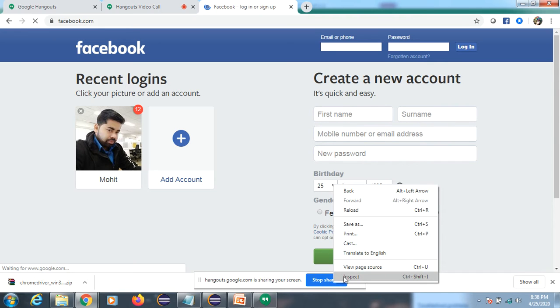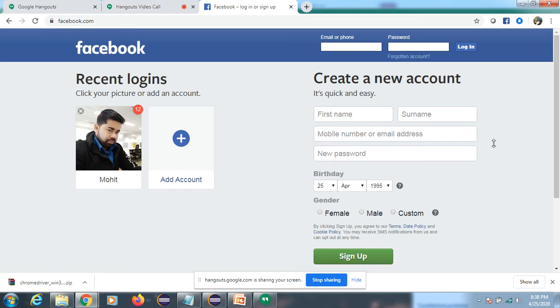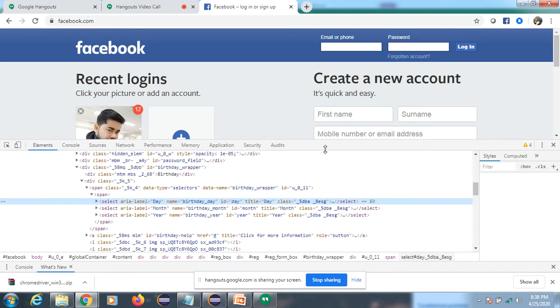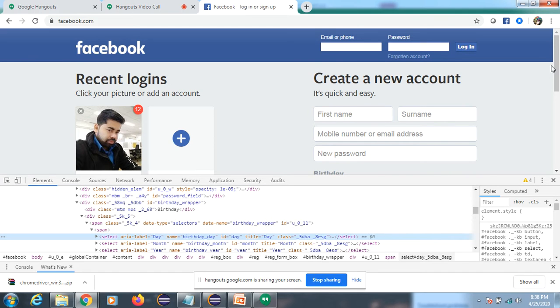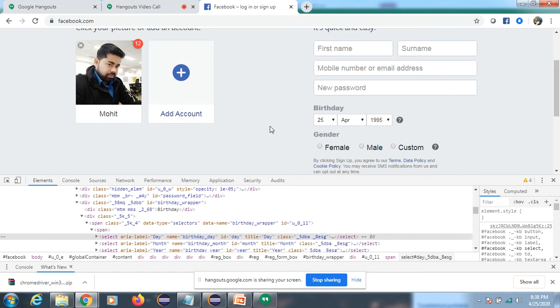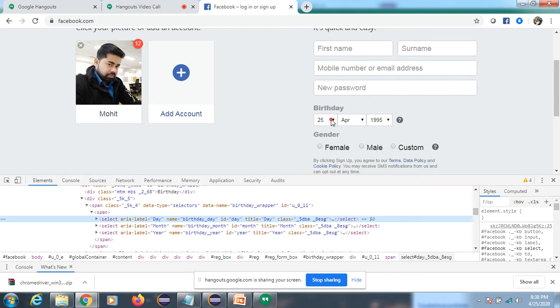Now these days in UI, you can see that the UI is frequently going to change. A new framework is coming in the market, so it is a little bit of a struggle to work on that, but you will manage once you practice. So first, if the select tag is there, then we can use the Select class. If the select tag is not there, then we cannot use it. This is a simple method we need to follow while doing the automation.